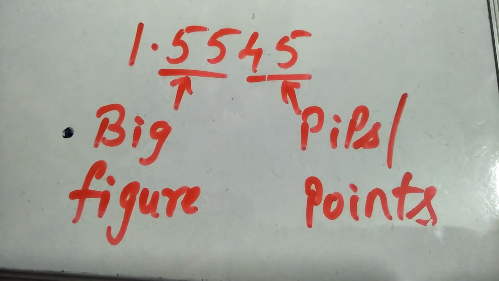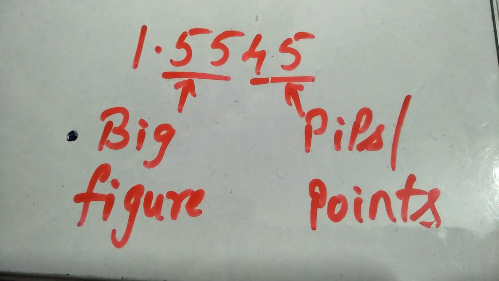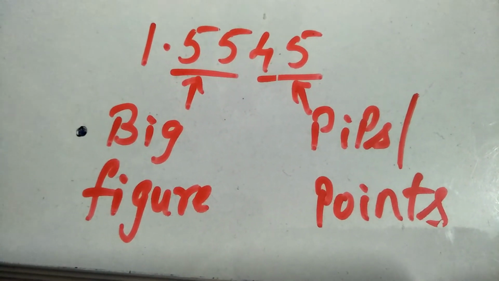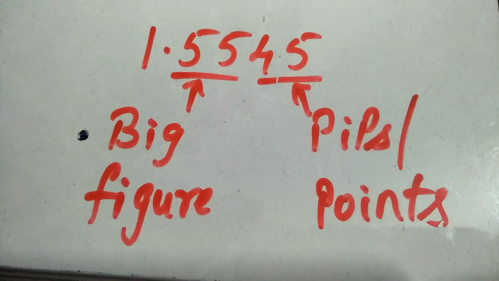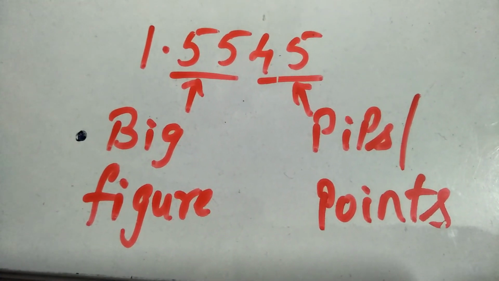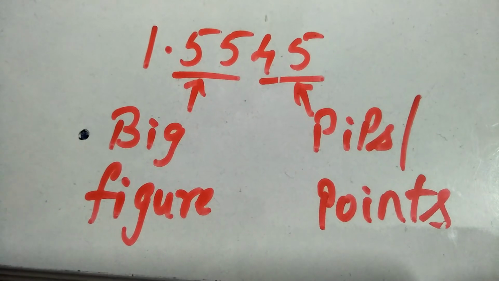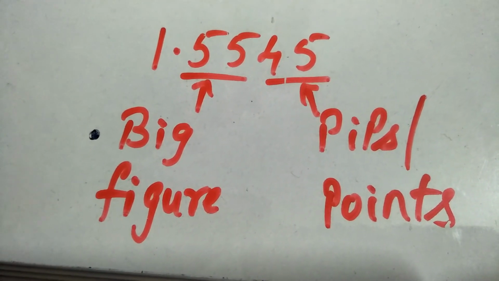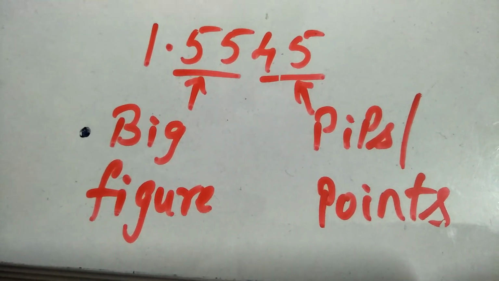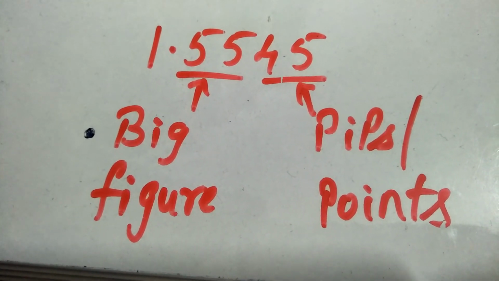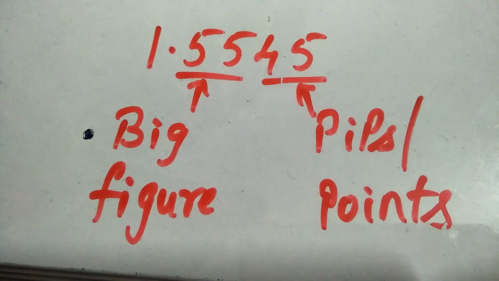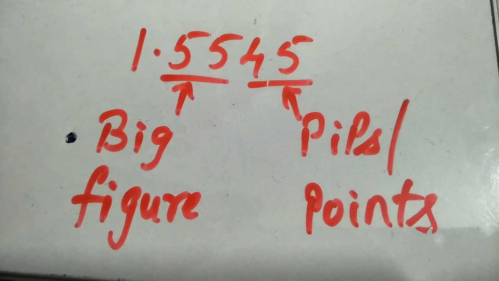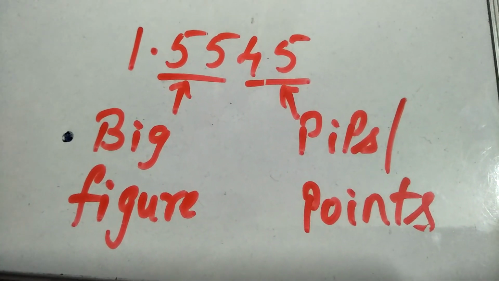Whenever you are trading in foreign exchange, you usually give the quotes in the last 2 digits, and all the trades happen in the last 2 digits, that is the third and fourth digit only. Most of the currency exchange rates are written in this format only: decimal point followed by 4 decimal places, except in the case of the Japanese yen, wherein it is given up to 2 decimal places. Rest all currencies are quoted in the same format with 4 decimal places.